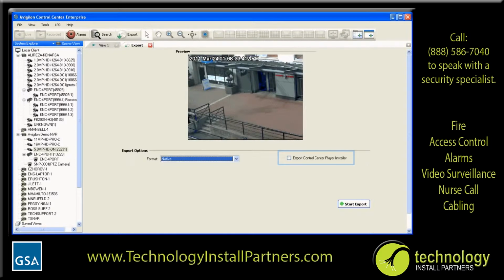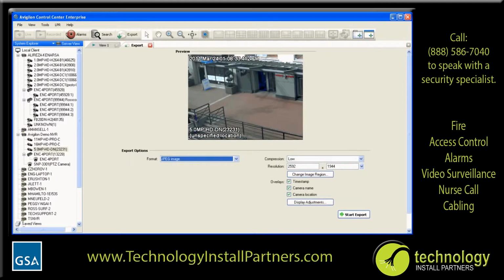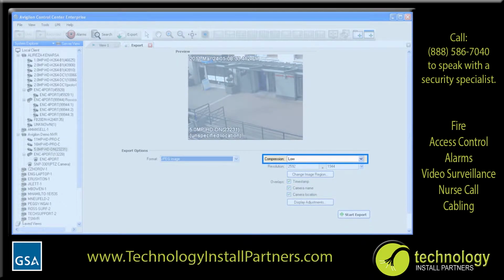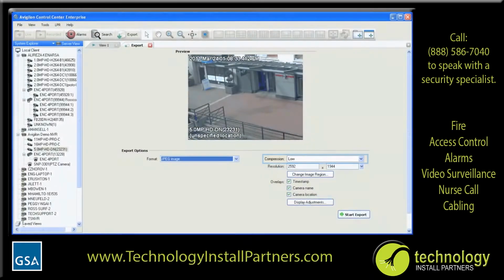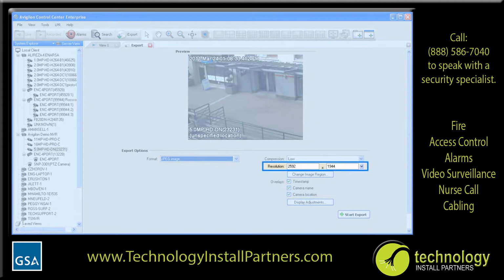If desired, you can select the checkbox to export the installer for Control Center player along with the exported video. When exporting into other formats, additional options can be set that affect how the image is processed when exported. For JPEG exports, you can adjust the amount of compression applied to the image. For JPEG, TIFF, or PNG format, you have options to change the resolution of the exported image. This will resize the exported image, discarding any details captured by the full resolution, but reducing the resulting file size